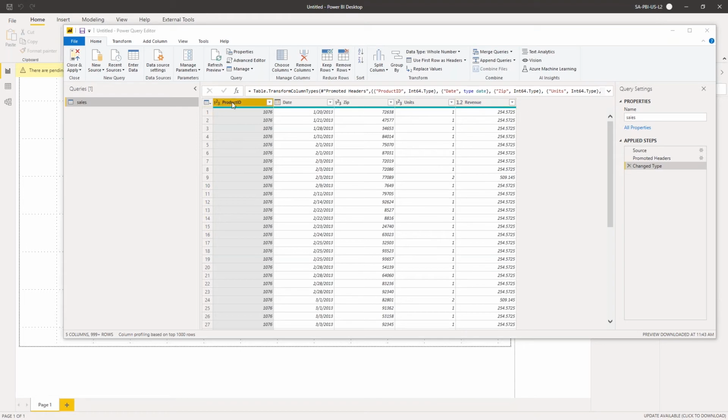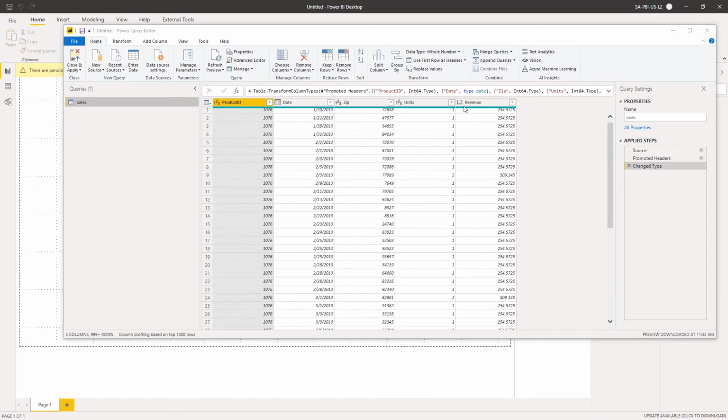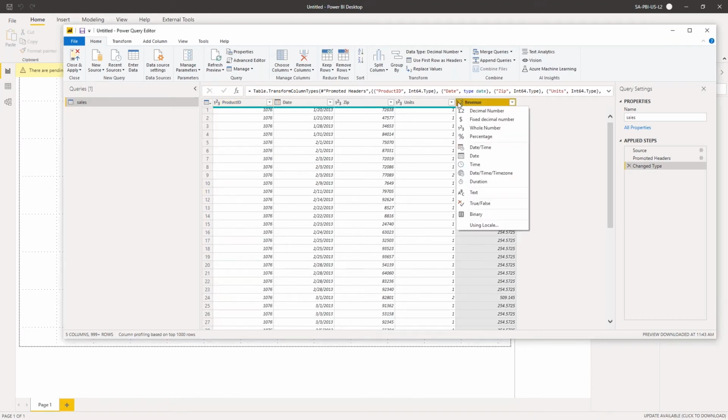So we can see that it decided that the product ID was going to be numeric, and that the date, it said, hey, this is a date. It found the zip code. It determined that to be numeric as well, and then the number of units, and then what the revenue is. You can see here at the top of the column that it's decided that that's going to be a decimal number. And you can change those data sets